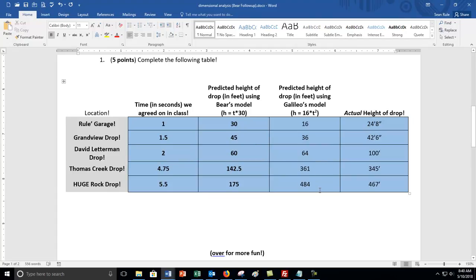So one way to look at this is if you are on a small cliff. This all started with Bear trying to figure out how to get off of a cliff and knowing how tall the cliff is. If you're on a small cliff, small being something that you can approximate as under 100 feet, maybe Bear's method is the best. Because not only is it close, it overestimates a little bit, right? 30 is taller than 24.8. 45 is taller than 42.6, which means if you're trying to get down from something and you're unsure of how much rope or vine or tree or whatever you're going to use to lower,